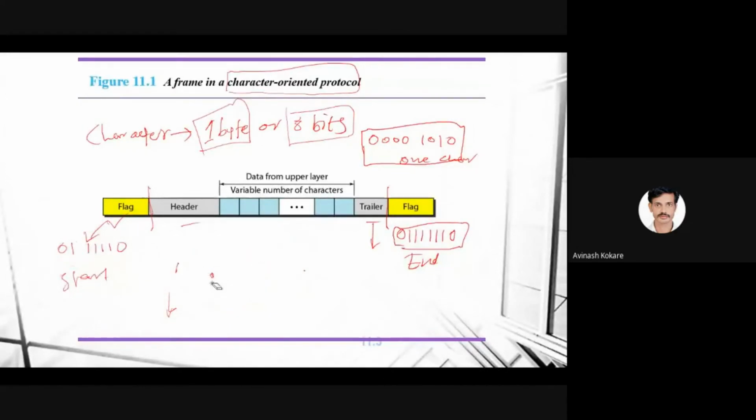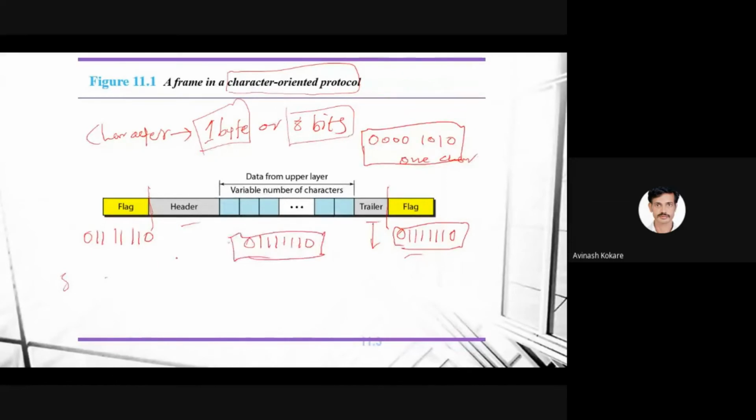Okay, now what can be the problem here? We are saying that this is the pattern of bits that is used as the start and end. But it is possible that somewhere in this data, this bit pattern is repeating or is available, because it is actually just some pattern.